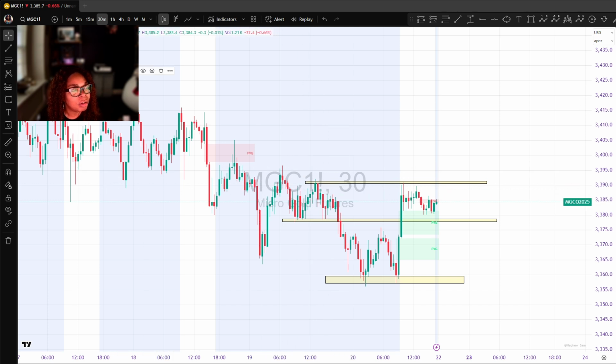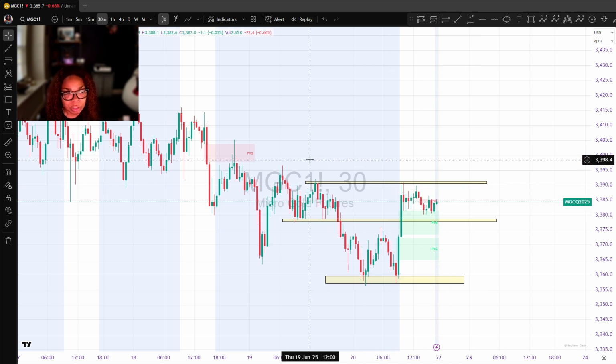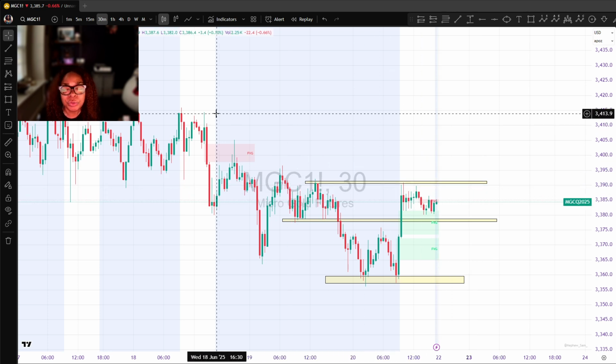So Friday on gold, we did the consolidation. We just ranged. Next week, hopefully we get some news that'll put some more volume in the market and push it in one direction or the other. I am always going to be biased towards whatever the trend is currently until it breaks out and retests to let me know that there's a reversal. So gold,